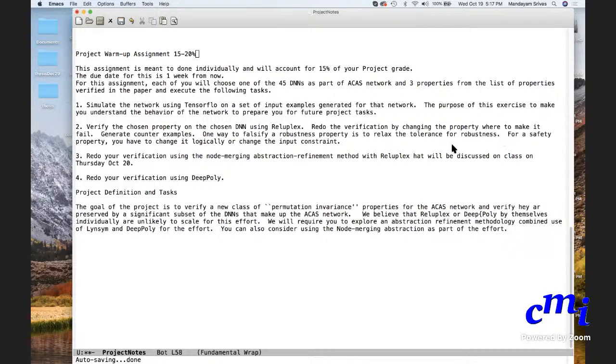That is something I want you to do as part of this assignment. Then you redo the verification using this thing called the node merging heuristic, that I'll be talking about tomorrow.